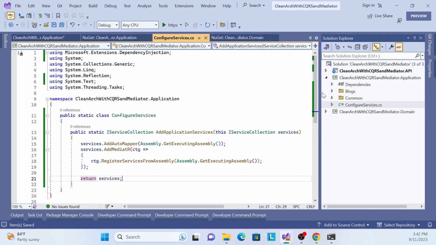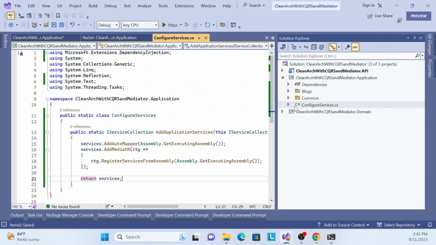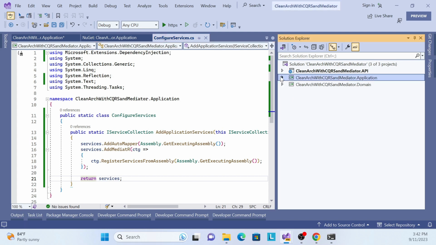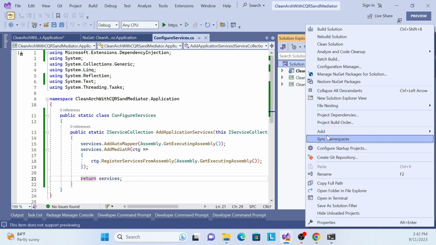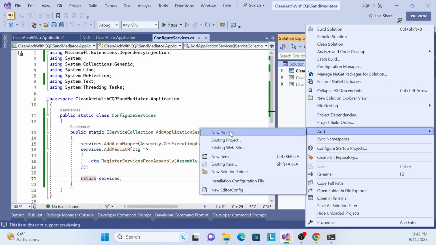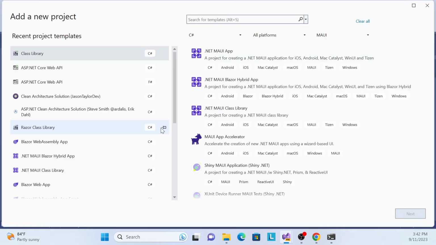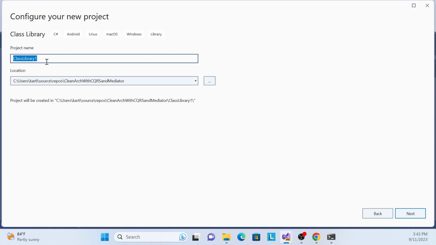Okay, so application layer is also done. Now we have to move to the other one, the infrastructure layer. Okay, so let me create another library, Add Project, in a similar fashion. If it appears over here, you can choose it over here, or you can just click and search over here. Then I will choose it over here because I already have it. So